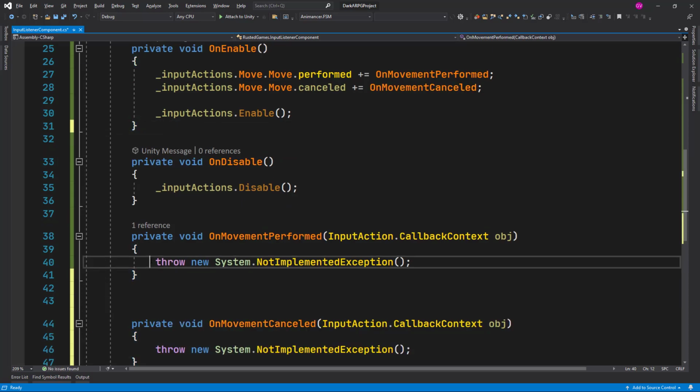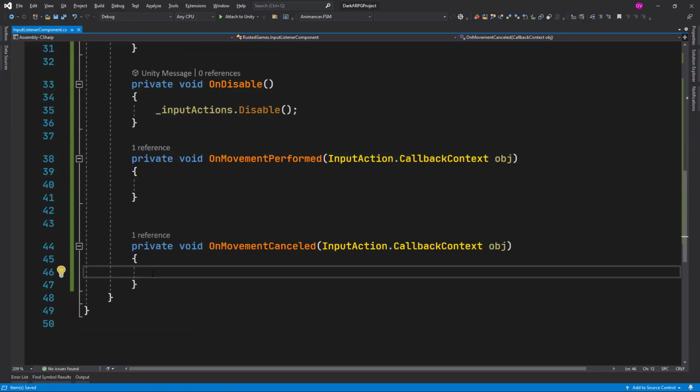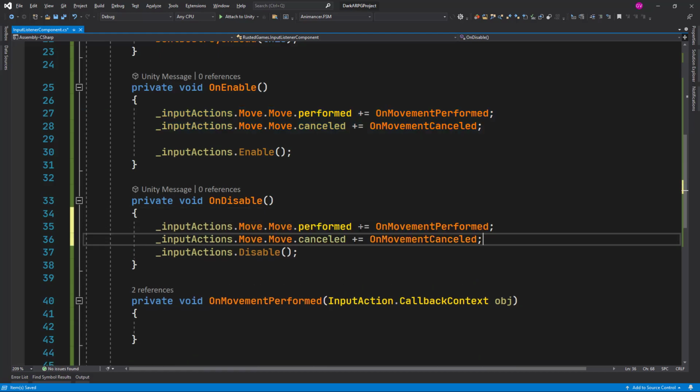There we go. So let's remove the throw new system not implemented exception. Okay, so on enable we are registering to some events. The rule of thumb here is to unregister them as well when we disable the component. So instead of plus here we change it to minus equals. That will handle unregistering these events. Alright,